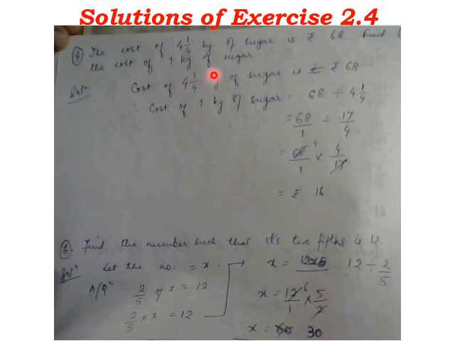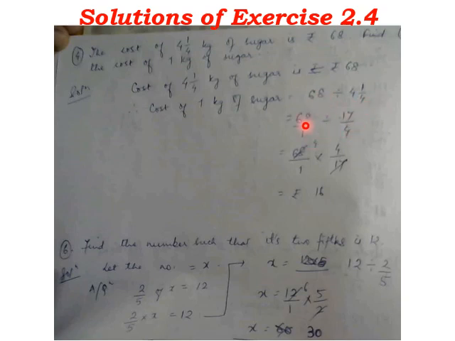Same thing is here. Now what you people are doing, you know this exercise is based on division, so anyhow you just divide the fractions. But as I said, in division, if you change the order of the fractions, we are not going to get the correct answer. So you have to understand which fraction you have to divide by the other fraction. So let us see the solution. Cost of 4 whole 1 by 4 kilogram of sugar is given as rupees 68. Therefore, the cost of 1 kilogram of sugar will be 68 divided by 4 whole 1 by 4.